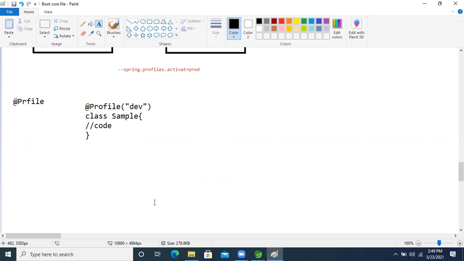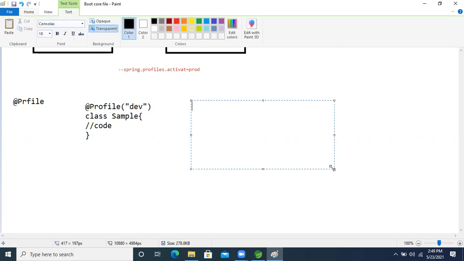Next, I want my application to run in the dev environment, the QA environment, and the production environment also. So just think about that again. I'm taking one class, Sample, and inside this class there is code.